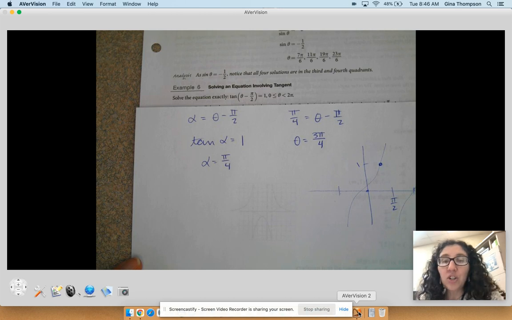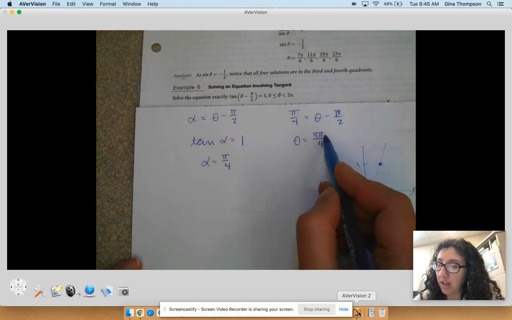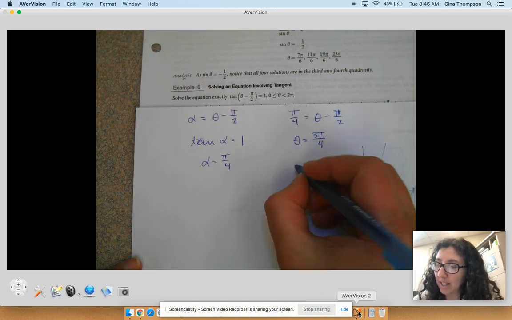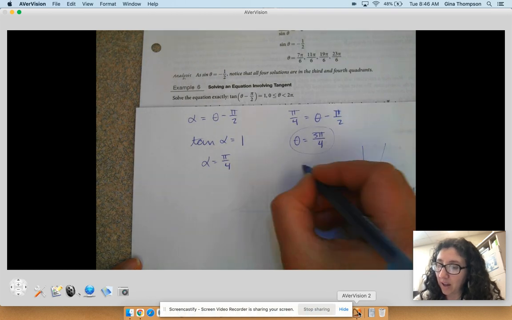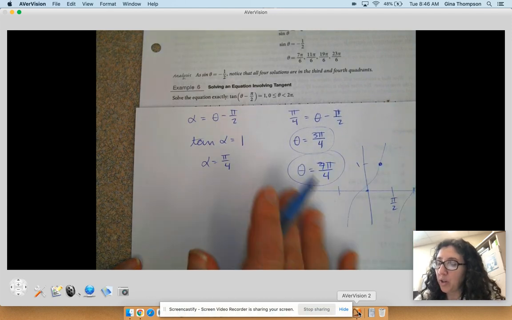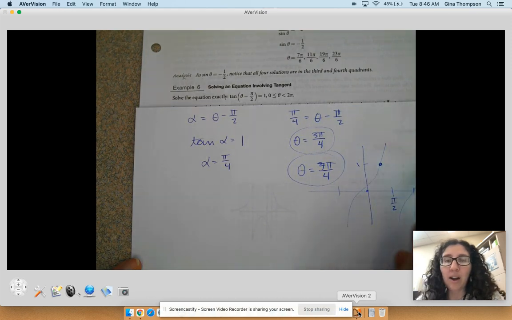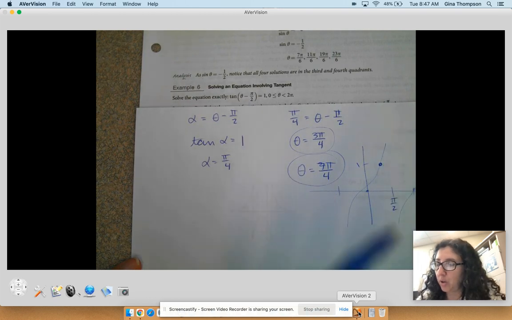Okay. So tangent has a period of pi. So this is one solution on here. And we are going to add our second solution. We're going to add pi to that. So it's going to be 7 pi over 4. Okay. So this graph actually is going to be shifted. So this gives us an idea of how many solutions we want, but not where they're going to be, okay, because this is shifted. So it was good to get that idea that there's going to be 2 solutions, but